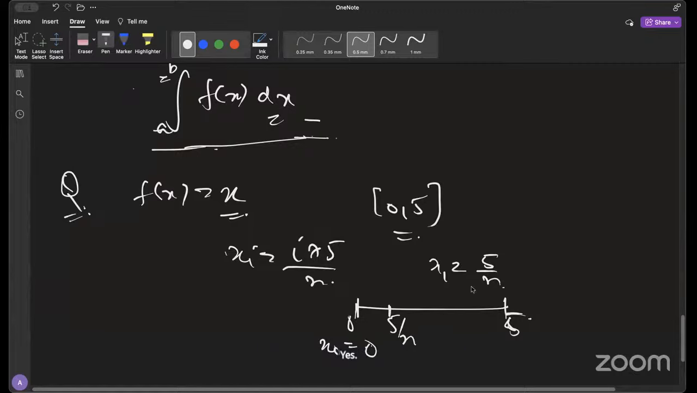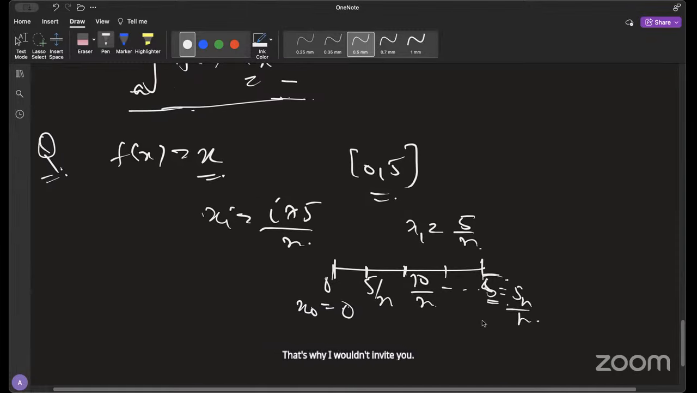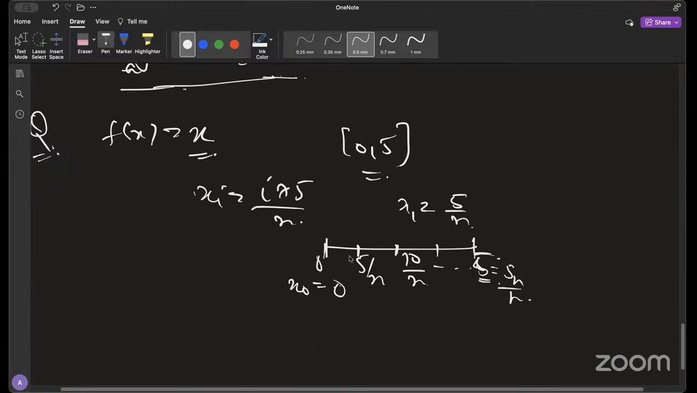Then your x2 will be 2 into 5 by n. And then you keep going on like this. And finally, you'll have 5n by n, so you'll just get 5 here. What you do here is, and the point that has to be taken is